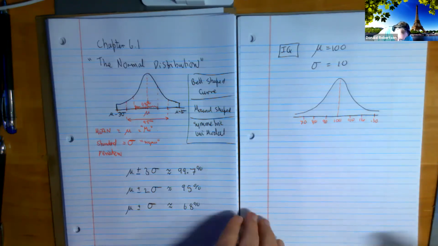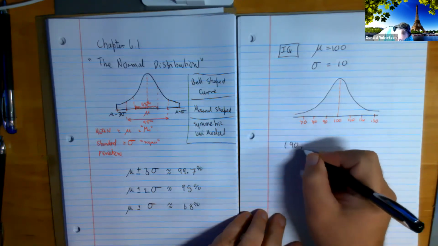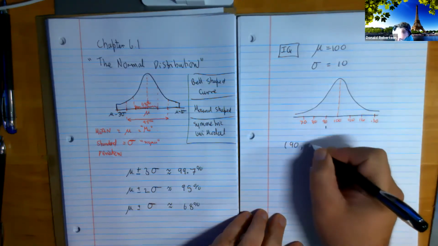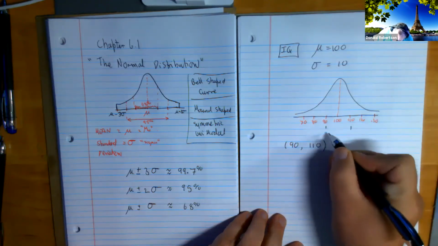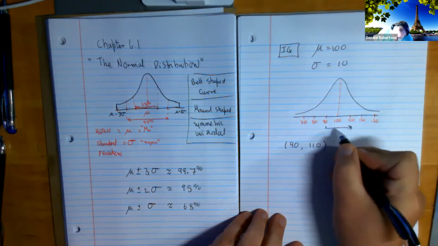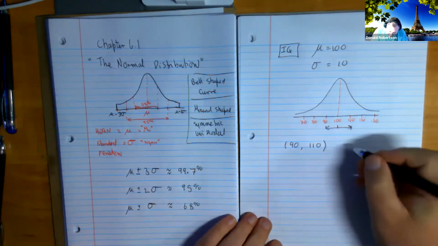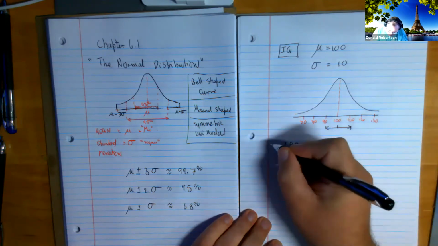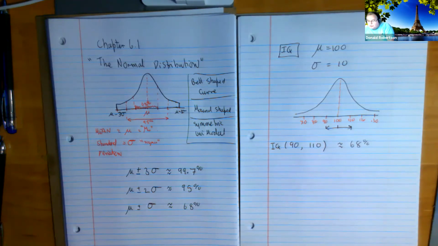For instance, if you take an IQ of 90, which is here, and you go all the way up to people who have an IQ of 110, which is here, do you see that is one standard deviation away from the mean? So I can tell you in that range of IQs, you will find 2/3 of Americans. So there's a very good chance that everybody in this room, or almost everybody in this room, has an IQ in that range, at least 2/3 of you.